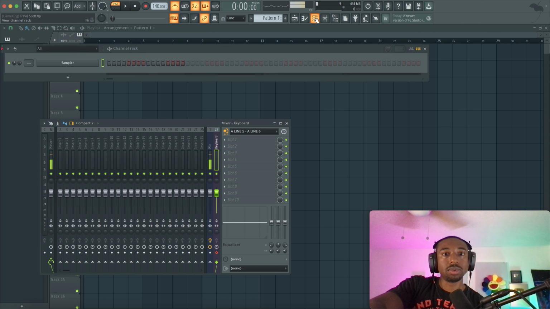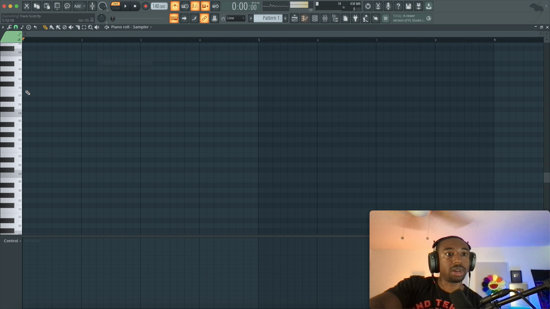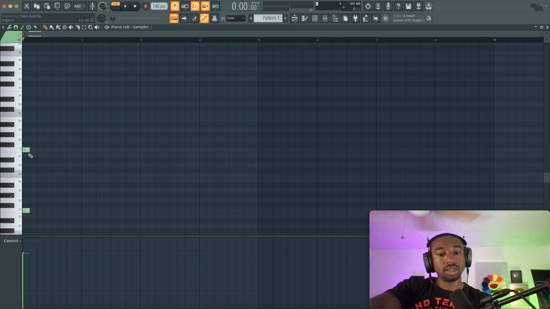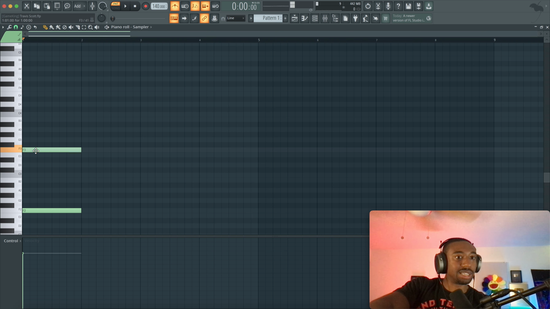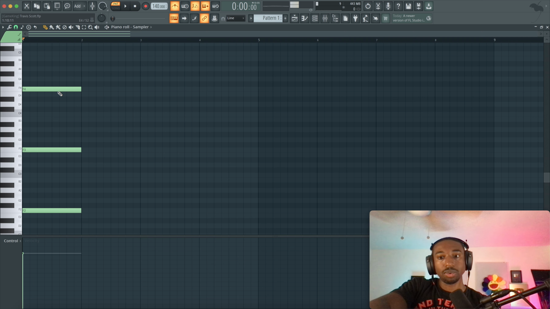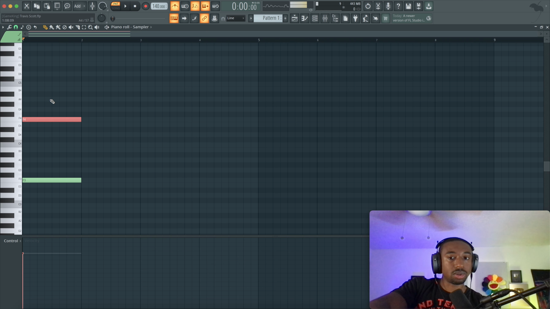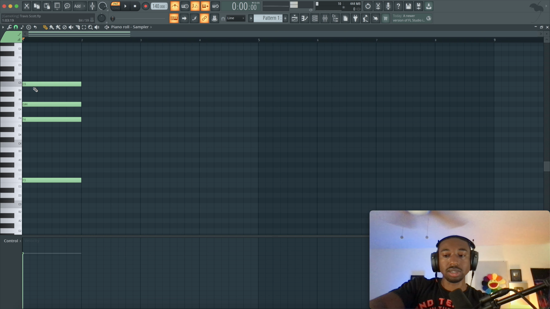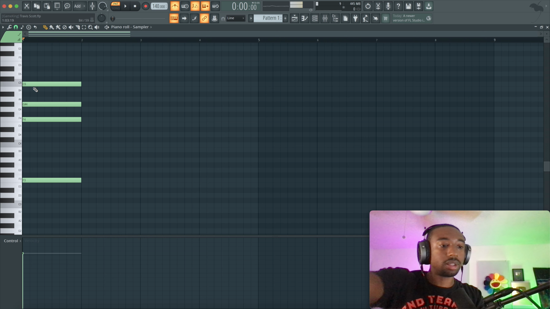So let me show you guys the MIDI real quick, just for those who don't know what F minor is. Basically, it's just this F note. I'm playing 2 octaves of it, so it looks something like this. I'm hitting Control L to make that note longer. Let's go to F. This is our 0 point. We're going to count up the chord code 0-3-7, which always makes a minor chord. So it's 0, 1, 2, 3, 4, 5, 6, 7. That always creates a minor chord. Okay, so that's how we created the chord.